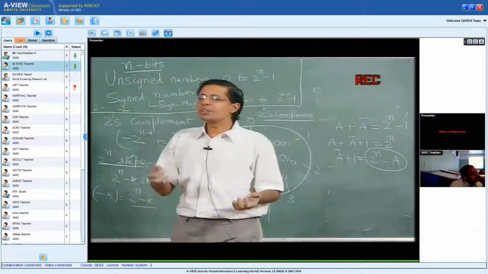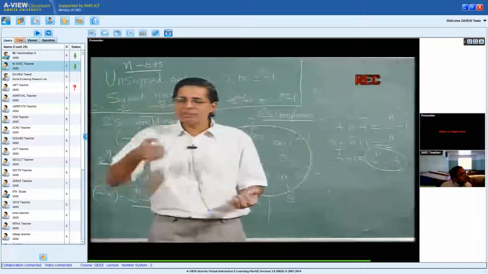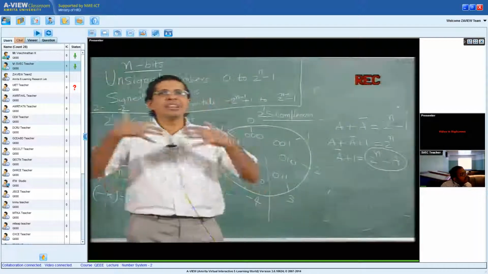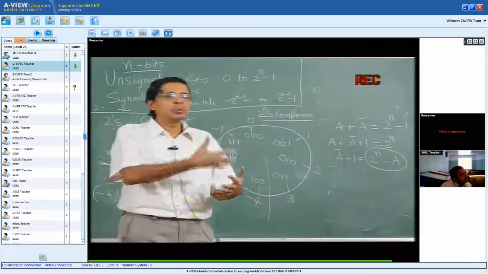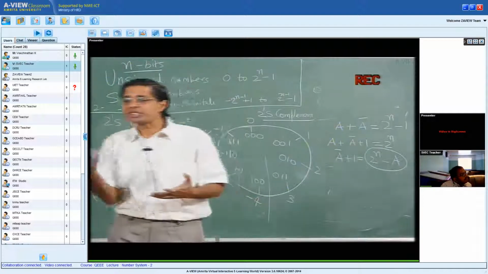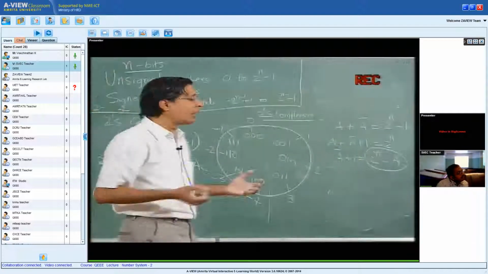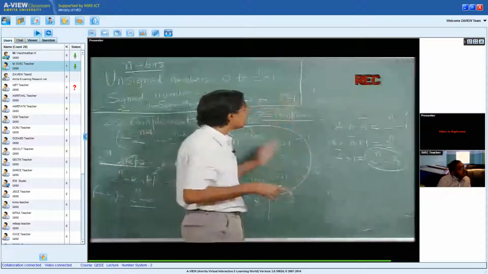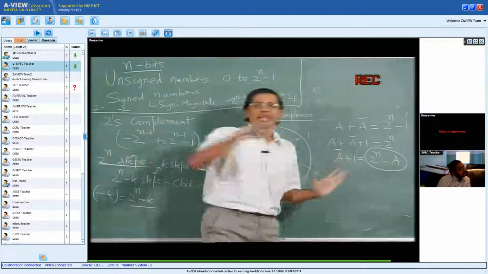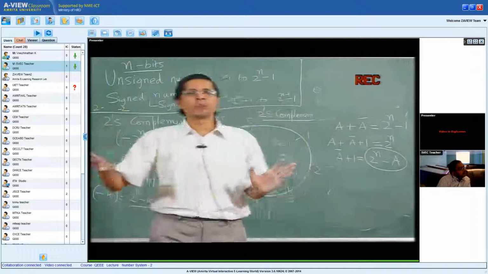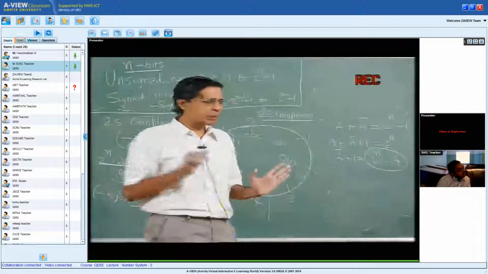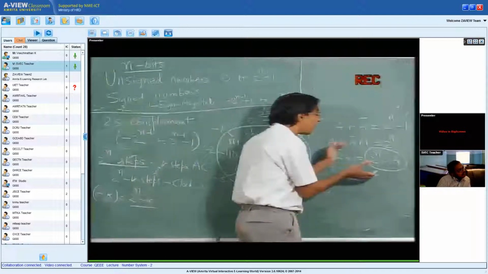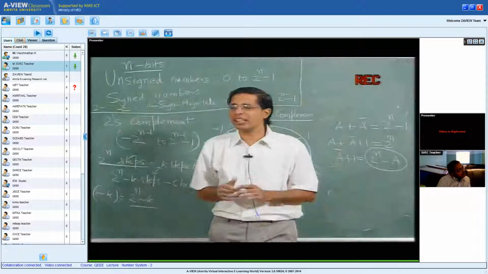Please note that every conversion of this should happen very fast. I need very quick algorithms for these types of number representation because these are fundamental. I can't actually run a loop testing every bit to convert minus a into its corresponding 2's complement or the corresponding representation. I need a very simple way of converting that, and this actually provides you that way, right?